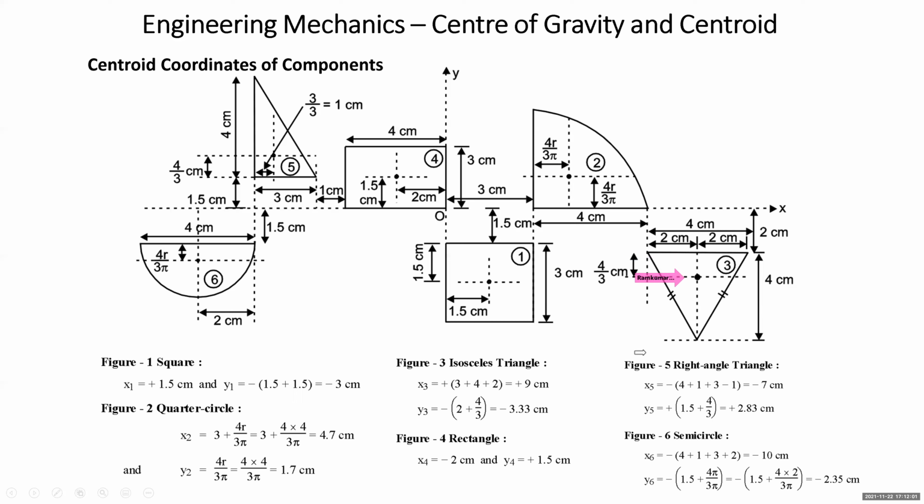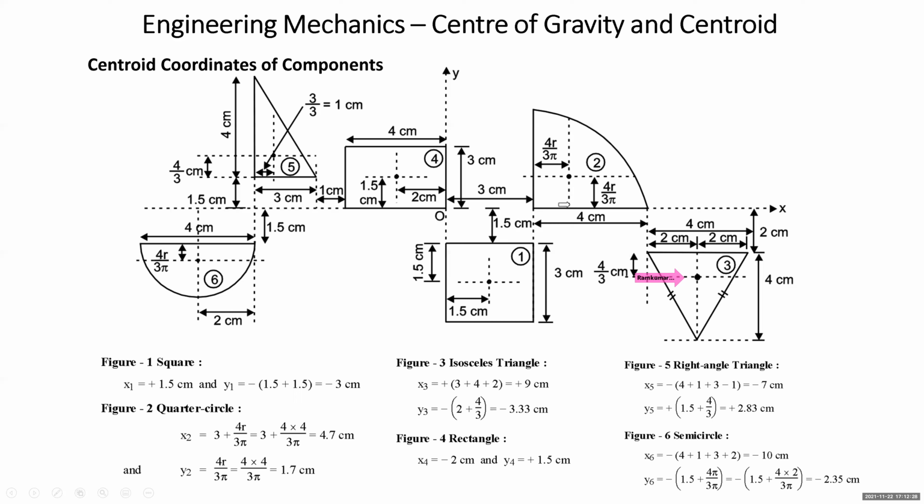So you have to mark the centroid of each component when you are solving the problem of centroid of composite. Then only you will be reading the coordinates of the centroid of various components. Now, this is the point for which you have to read the coordinate. Is this point right of y-axis or not? Yes. So x coordinate is positive. It is at what distance away from y-axis? Just you can see that this is 3, 4, 7 plus 2, 9. So plus 9. 3 plus 4 plus 2.